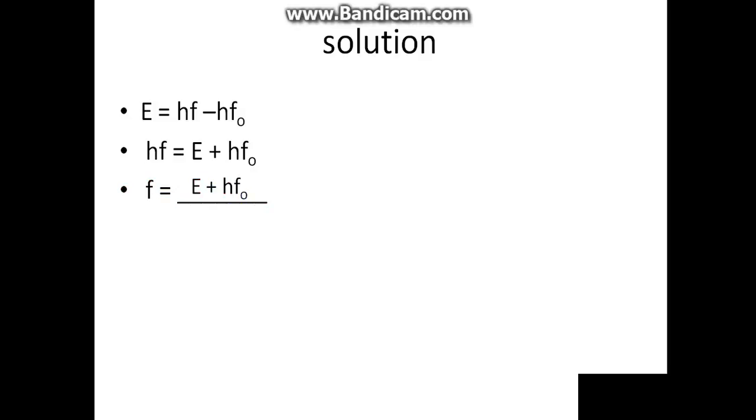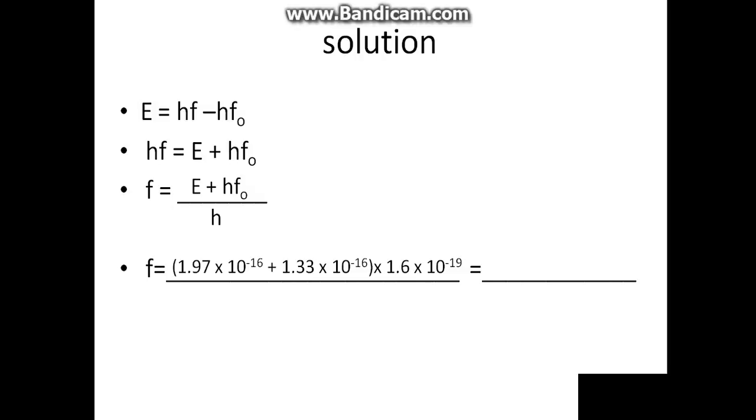Solution. E is equal to hf minus hf0. hf is equal to E plus hf0. f is equal to E plus hf0 all over h. Substituting the values, we now have f is equal to, in brackets, 1.97 times 10 raised to the power minus 16 plus 1.33 times 10 raised to the power minus 16 times 1.6 times 10 raised to the power minus 19 all over